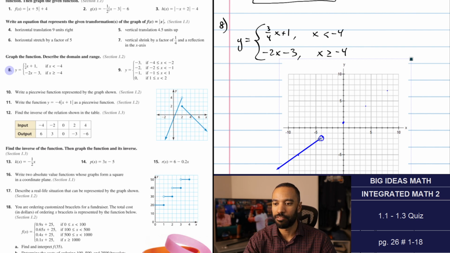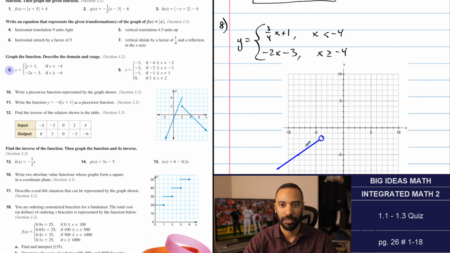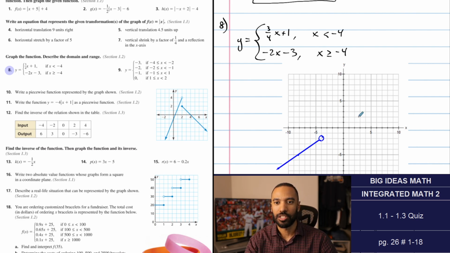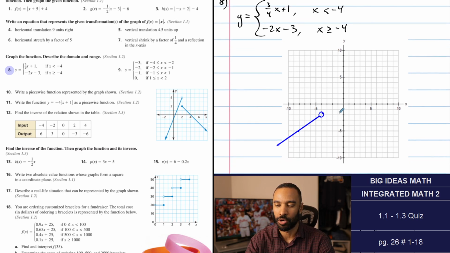So that's what you would kind of do. I mean, you don't have the tools to do exactly that, but what you'll do is you'll erase any points that you don't intend on using, such as these. I'm erasing all those, and you're only going to include the points that you do intend on using, such as these ones here. So everything to the left of negative 4 will behave like that function. Anything to the right of negative 4 will also behave like that function, but it looks like it's going to go,